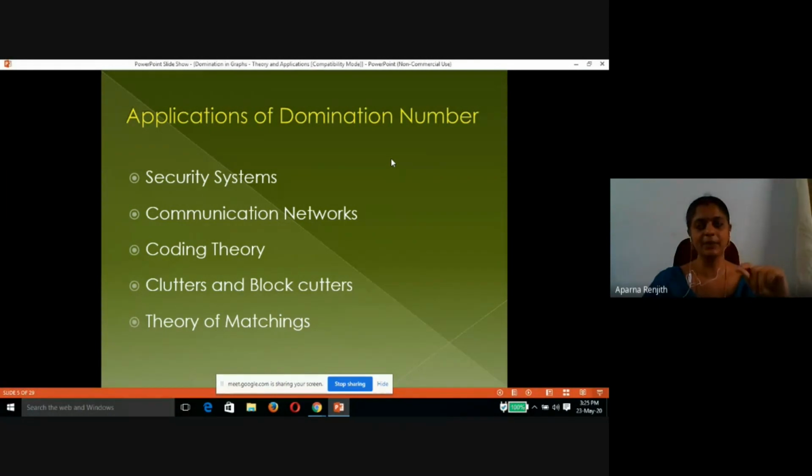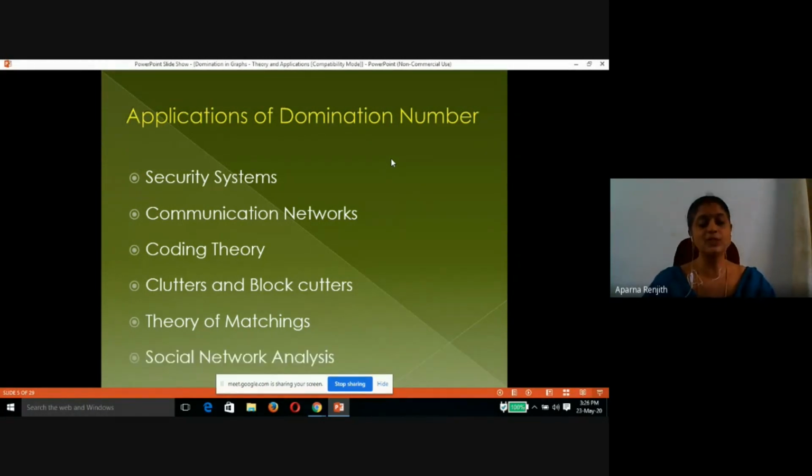That may require a bit of explanation. Finding a perfect matching of a graph is equivalent to finding the domination number of the line graph. A line graph is a graph in which every edge of G is a vertex and two vertices are made adjacent to each other if they are incident on a common vertex. So perfect matching is nothing but the domination number of the line graph.